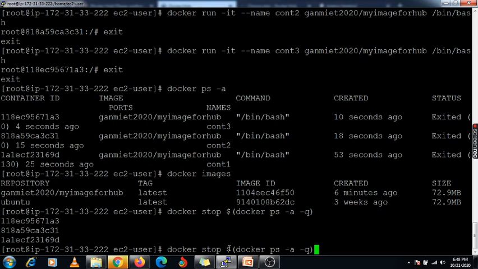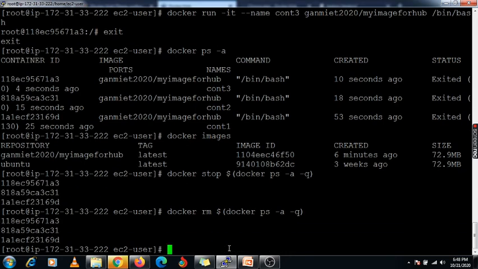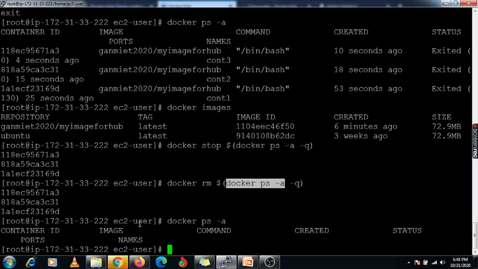Then another command, if you want to delete all these stopped containers, you can use docker rm. Using this command all the containers will be removed. You can check it using docker ps -a. All the docker containers are now removed.